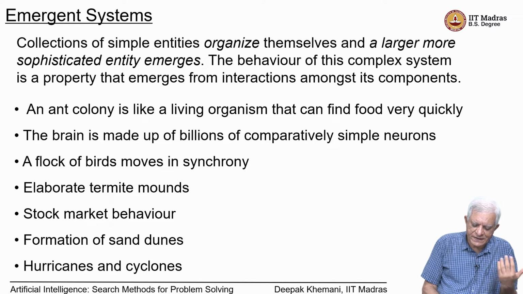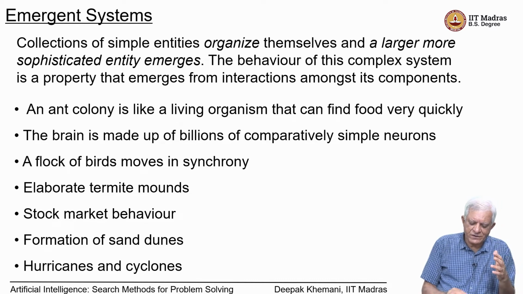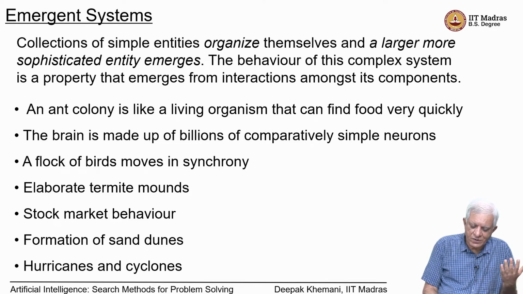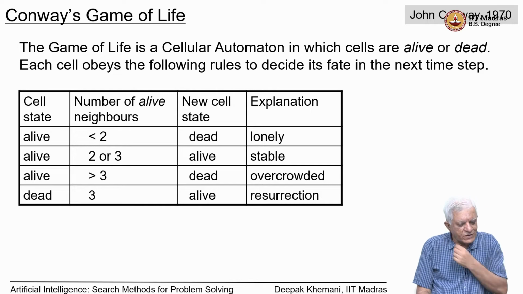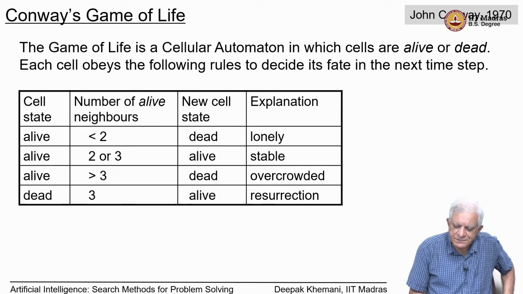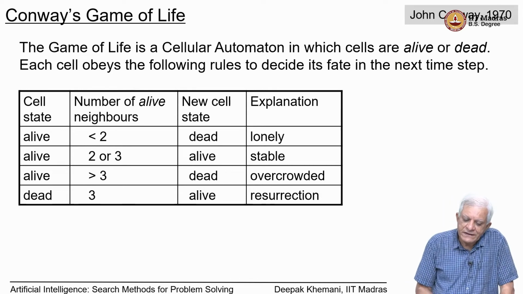So, hurricanes and cyclones also, we tend to think of them as one monolithic activity, but what is really happening is that the temperature is influencing individual molecules of the air to move around, and we can see a spiral in a cyclone and things like that essentially. So, quite some time ago, John Conway, he invented, as you can see in 1970,